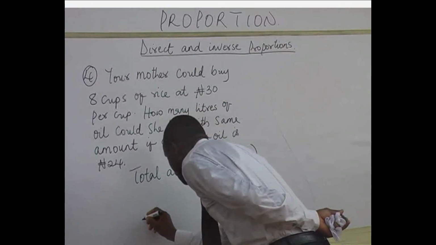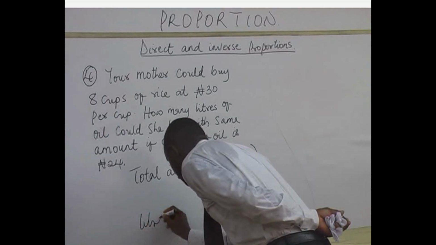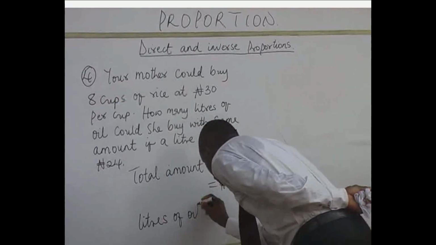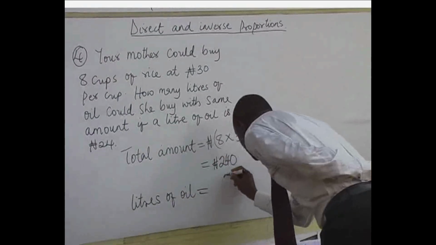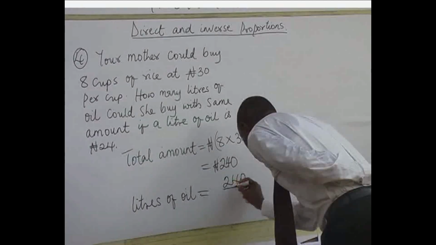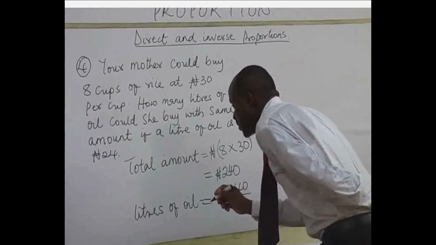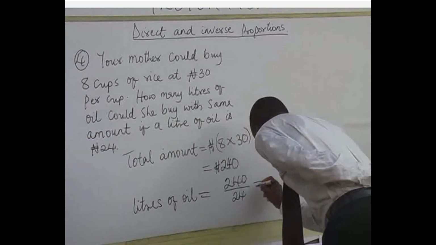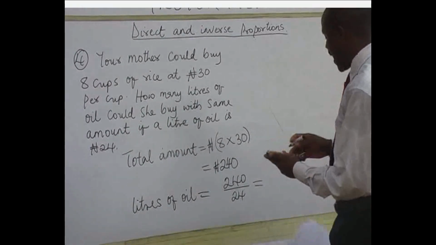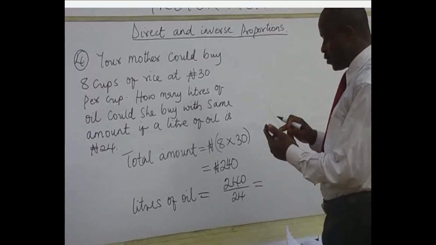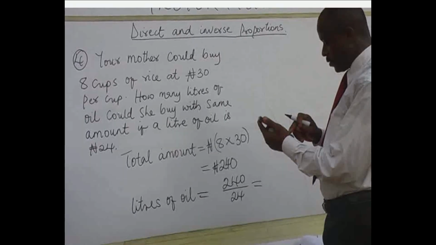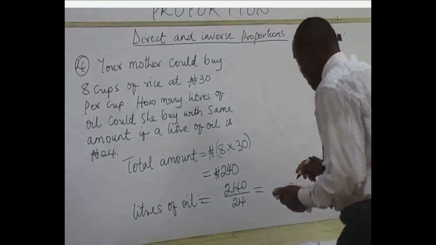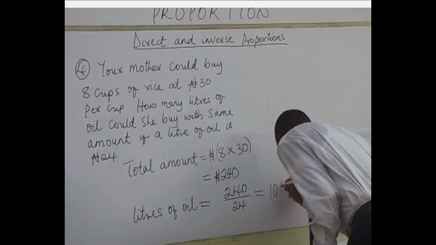So the amount of liters of oil will come by dividing the total amount of money your mother went to market with by how much 1 liter of oil is. Whatever it gives you is the number of liters she can buy. But let's still use our calculator. 240 divided by 24 is giving you 10. So she can buy 10 liters